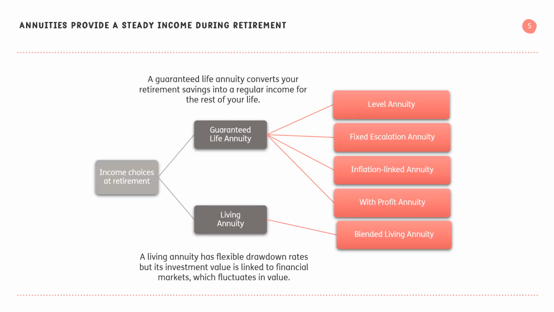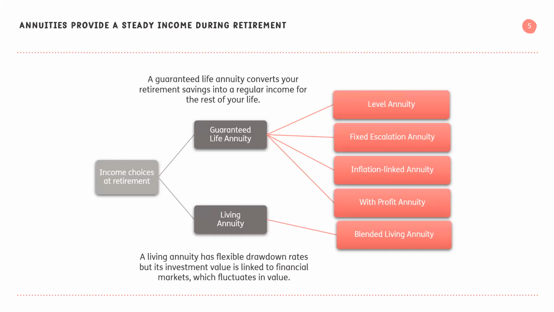And recently, we've started to see clients, retirees becoming more interested in the guaranteed life annuities. So it certainly is starting to gain a bit more popularity. If we look at the types of guaranteed life annuities that can be purchased, we talk about a level annuity. That's a straightforward annuity that doesn't increase on an annual basis.